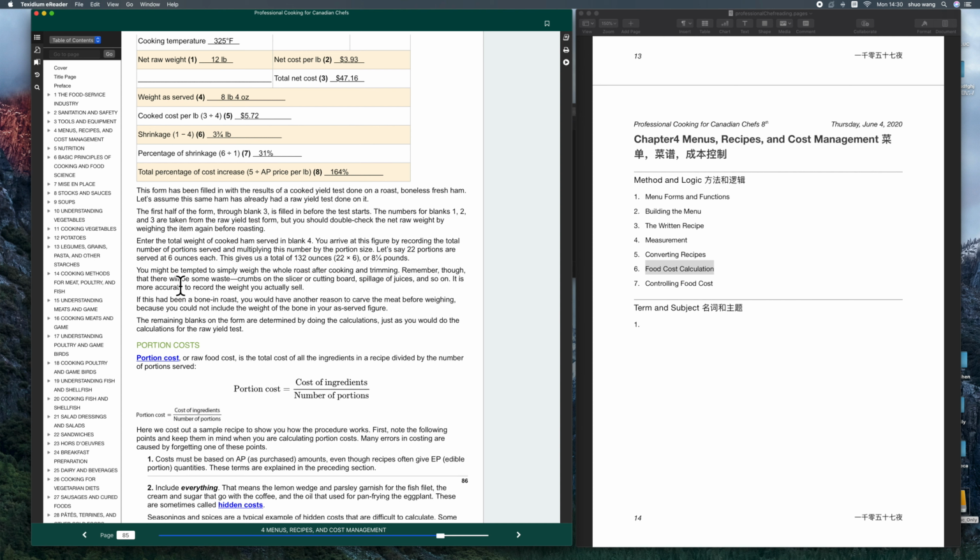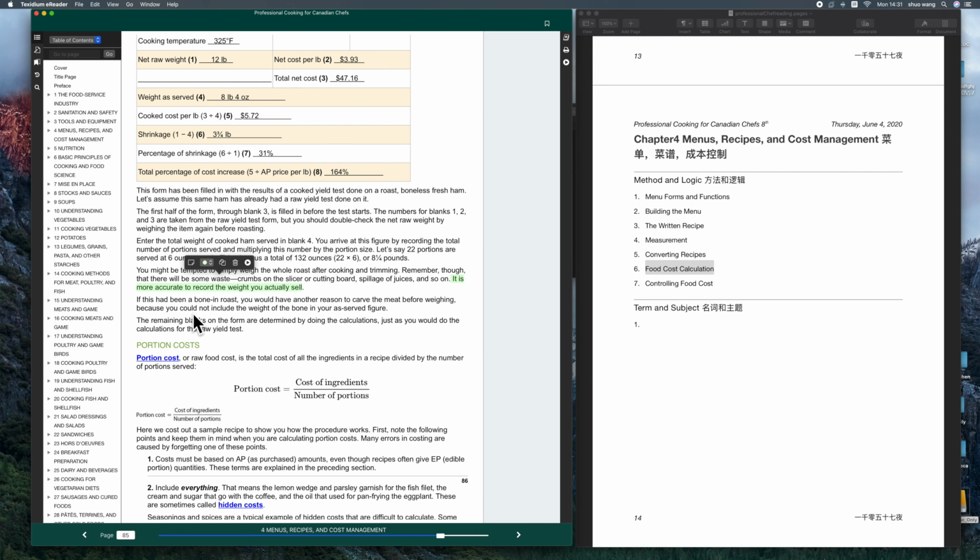trimming. Remember though that there will be some waste, crumbs on the slicer or cutting board, spillage of juices, and so on. It is more accurate to record the weight you actually sell. 这个地方其实没人做。因为在控制成本的时候，你要算的是大数。当然，你如果能做到这么细，说明你很先进，对吗？但是我没看到有人会这么做。If this had been a bone-in roast, you would have another reason to carve the meat before weighing, because you